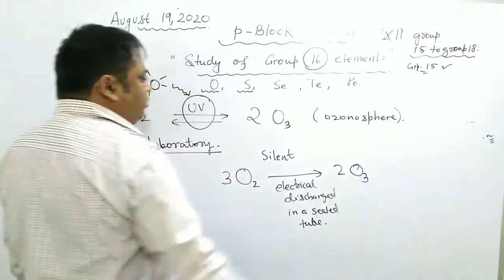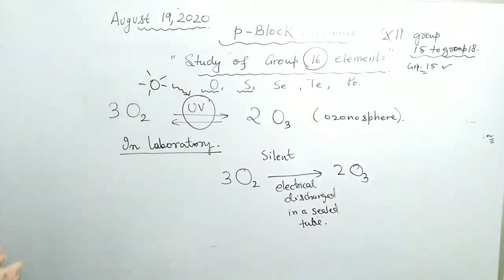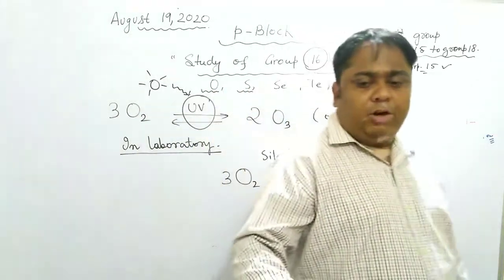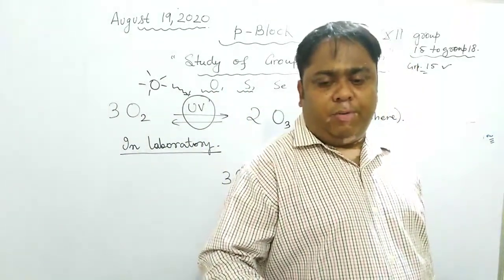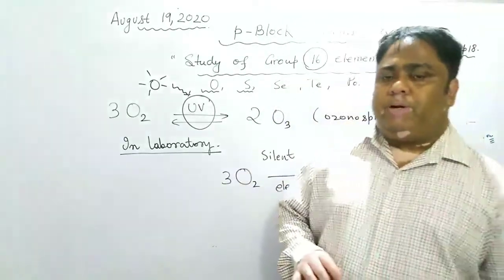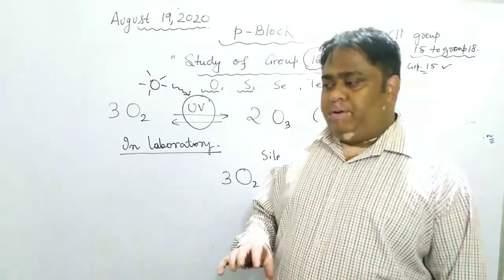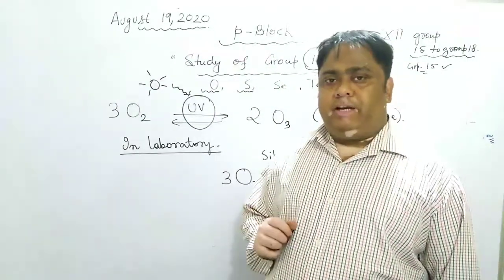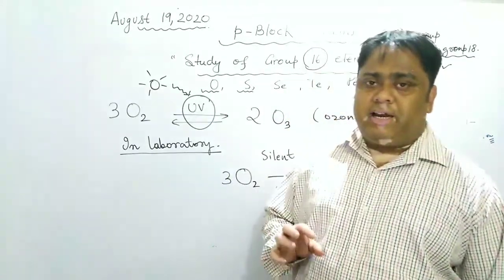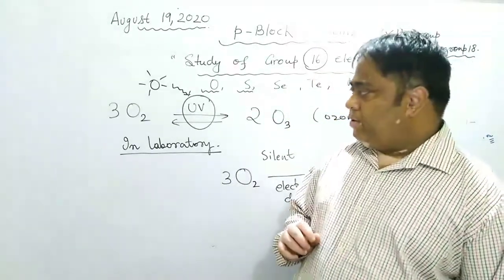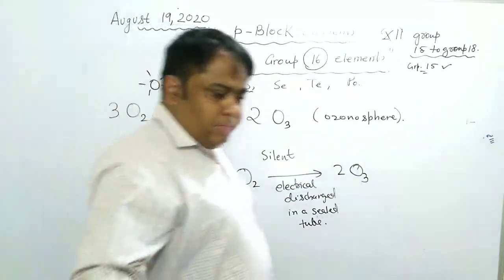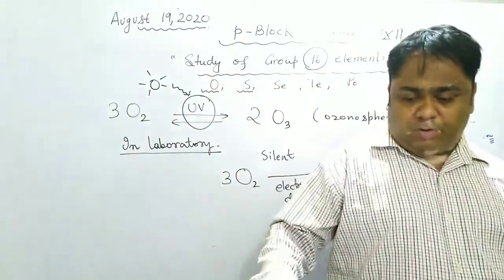Now if you have to write down the properties of oxygen, it's very easy. Take any metal and react it with oxygen, it will form an oxide. Take any non-metal and react it with oxygen and it will form an oxide. But metallic oxides will be basic and non-metallic oxides will be acidic. There are some metals which are amphoteric in nature, like lead, aluminium, zinc. Their oxides can react with both acid and base. So in properties we will be discussing that. Now this was all about the preparation of oxygen and ozone.